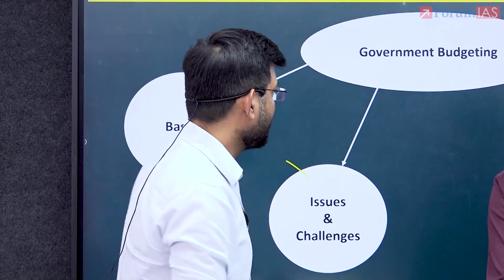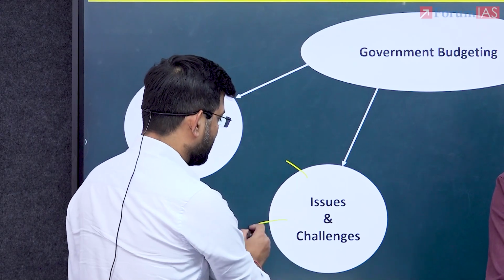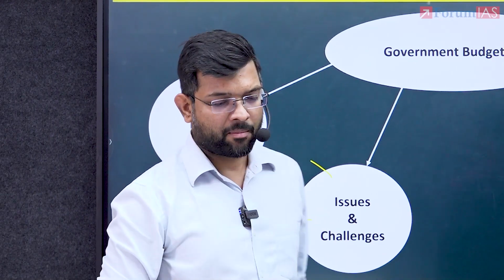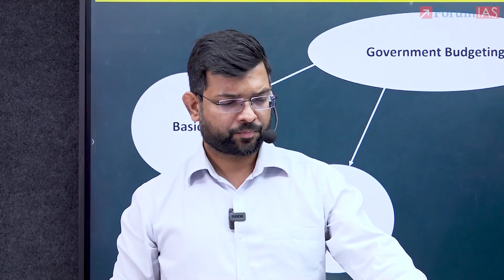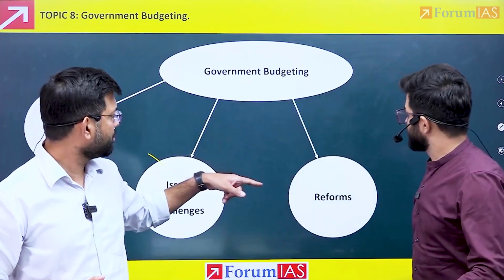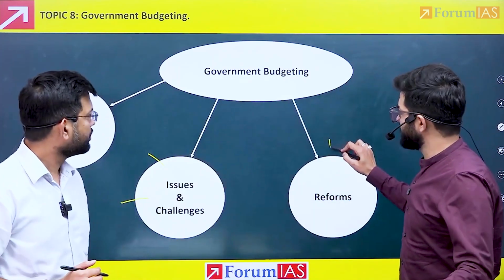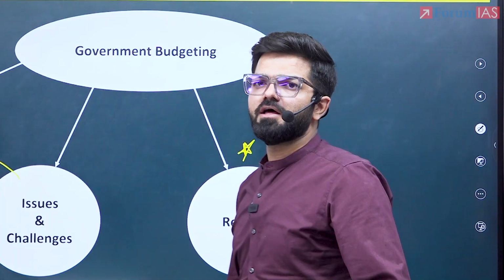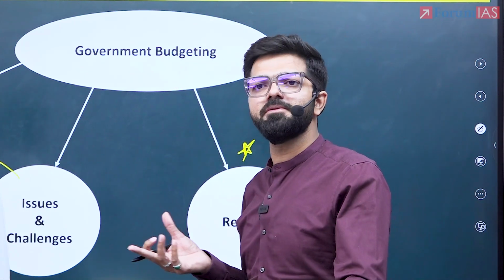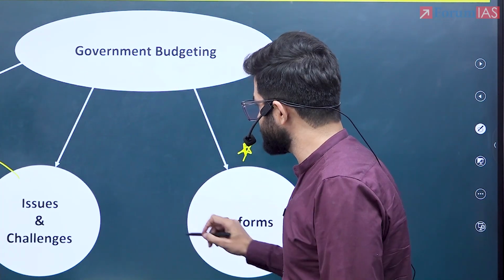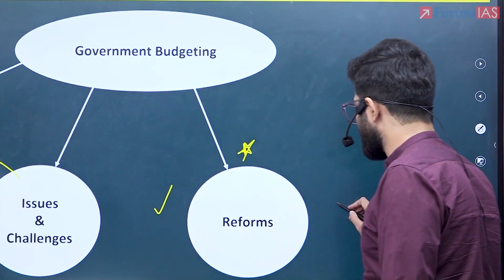And then you have budget interlinkages in this. In the issues and challenges itself, you have budget interlinkages. I think that's in the last part of it. Let's deal with the reforms first of all. Yes. Reforms, I think you will not be suggesting how the budget should be made, etc. But there can be reforms which have been done or which must be done.